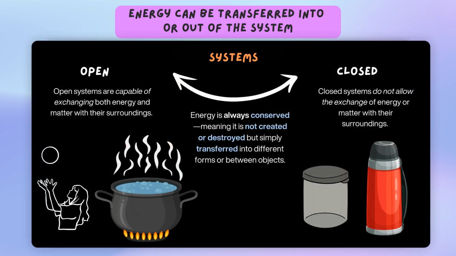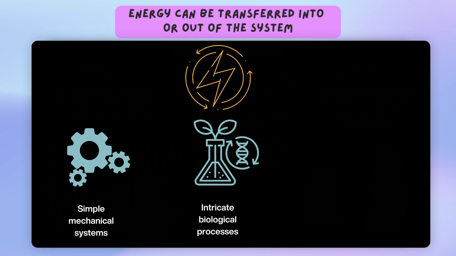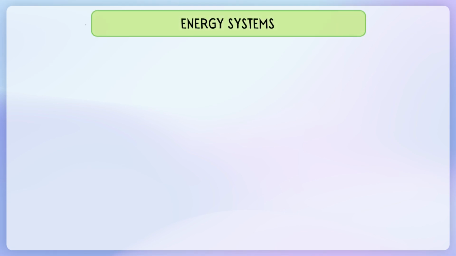Understanding the basic principles of energy systems that we have looked at today helps us to analyze more complex phenomena in physics, where energy transfer and storage play critical roles, from simple mechanical systems to intricate biological processes and advanced technological applications. In today's lesson, we focused on understanding how energy is stored within systems and how energy transfer occurs